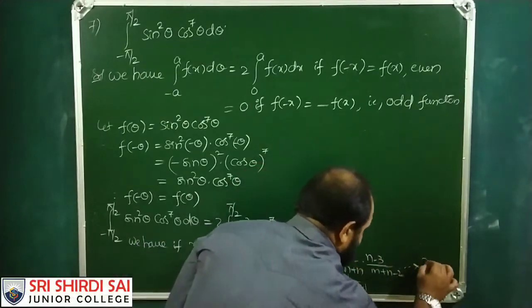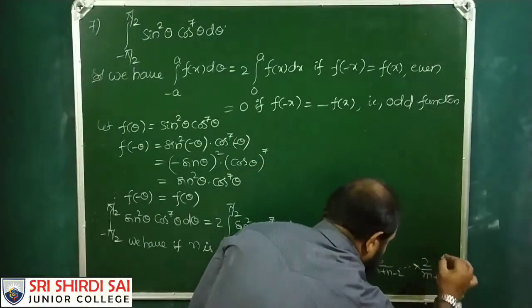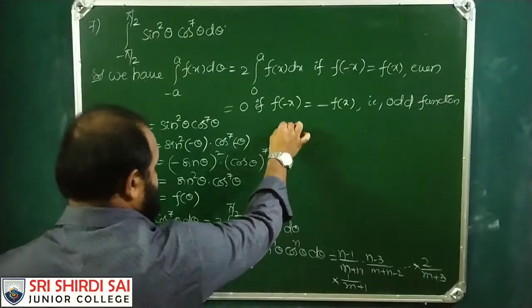If you want the previous term, this is 2 by m plus 3. So that is equal to